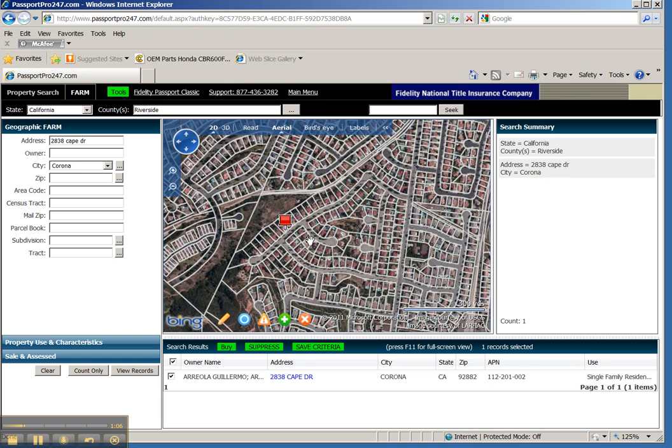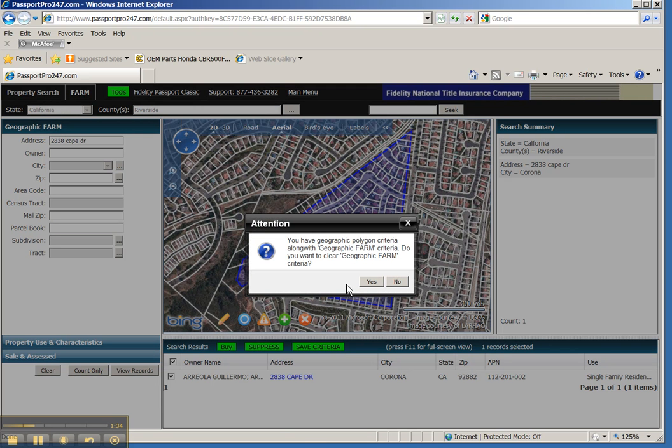So now that I have that property area that I'm looking for, I click on the little pencil, just click on it once, and you'll get a crosshair where your mouse is. So then I just start clicking. I'm going to left click, I'll drag my line all the way down, I'll come back to this area. And now the trick with this is when I'm done with my line, you're going to want to try to connect the two. Just right click your mouse and it'll say that we're doing a geographic